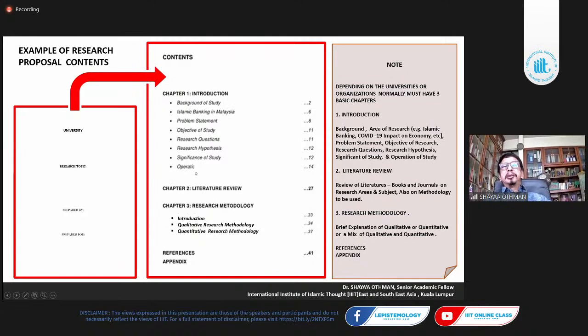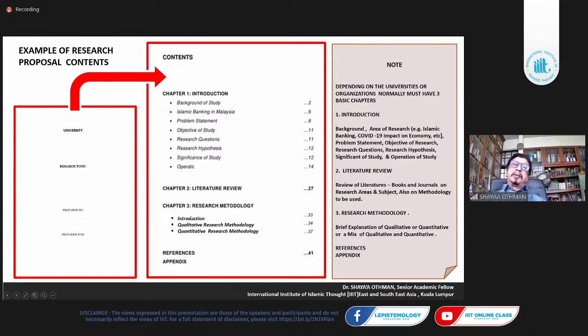Okay, literature review here. And research methodology, for example, there are so many research methodologies. Just type in qualitative research methodology, and it will tell you the detail of it, every choice, the journals using it, why they chose it. It's all there. Before, we had to buy the book, research methodology in business, one book costing 150 ringgit. Now you can just look into the internet. There's no excuse, there's no difficulty. I think everything is simple nowadays.